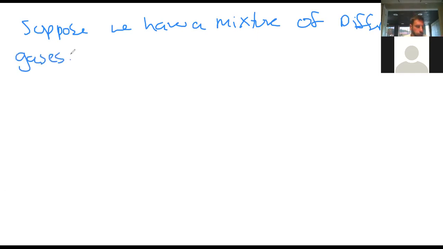So let's suppose we have a mixture of different gases. Now, how might we get this mixture? Well, maybe we start with the gases separated. They all have a temperature and a pressure, and they take up a specific volume. And then under some controlled environment, we're going to combine them. So as we might expect,